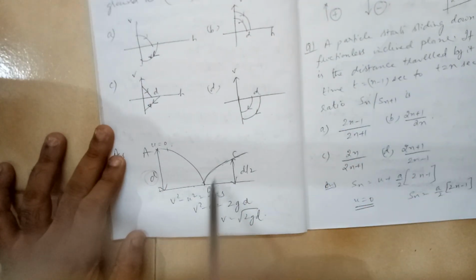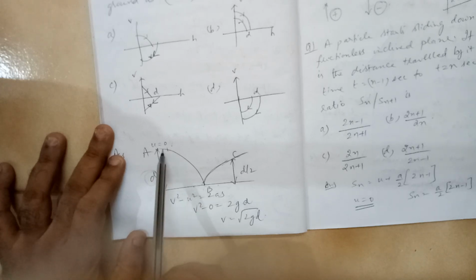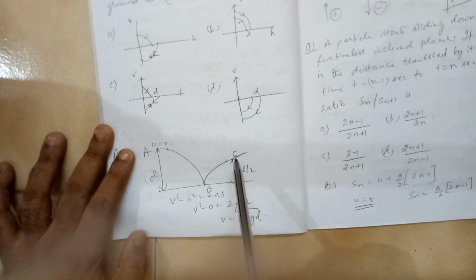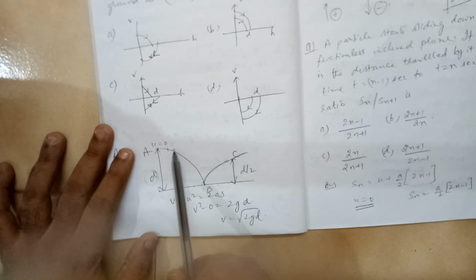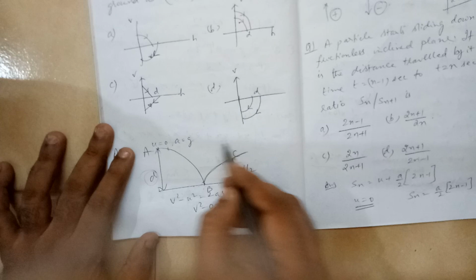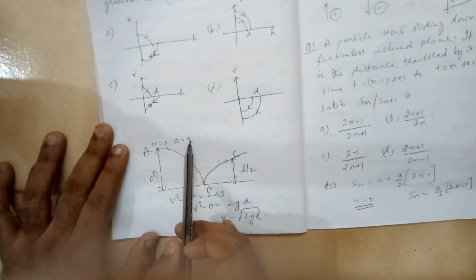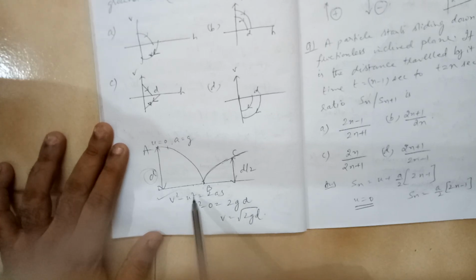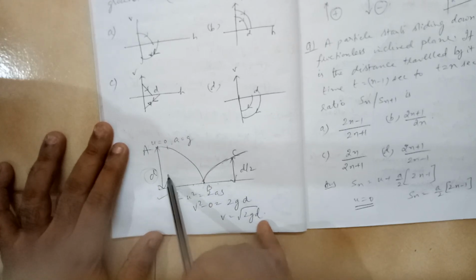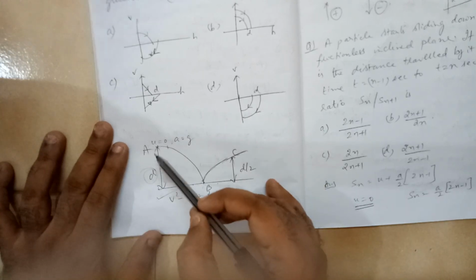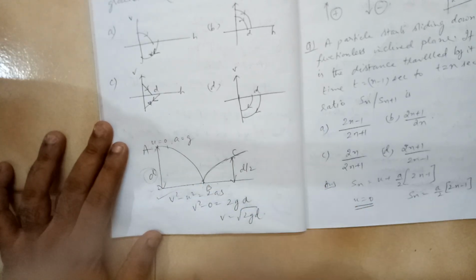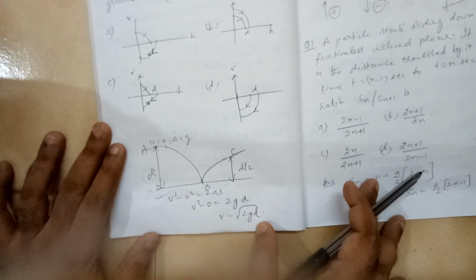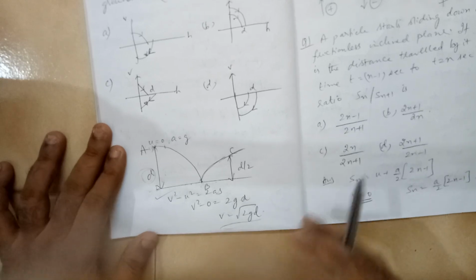You have sections AB and BC. In AB, at the top point the initial velocity is 0. At the bottom point, let us say some velocity v is there, and a is equal to g. It is positive because the direction of motion and g are in the same direction. So you can apply this equation. Here u is equal to 0 and s is equal to d. Displacement is d. You have to take the vertical distance, the shortest distance from the initial position to the final position. So this is d. So v is equal to root over 2gd.